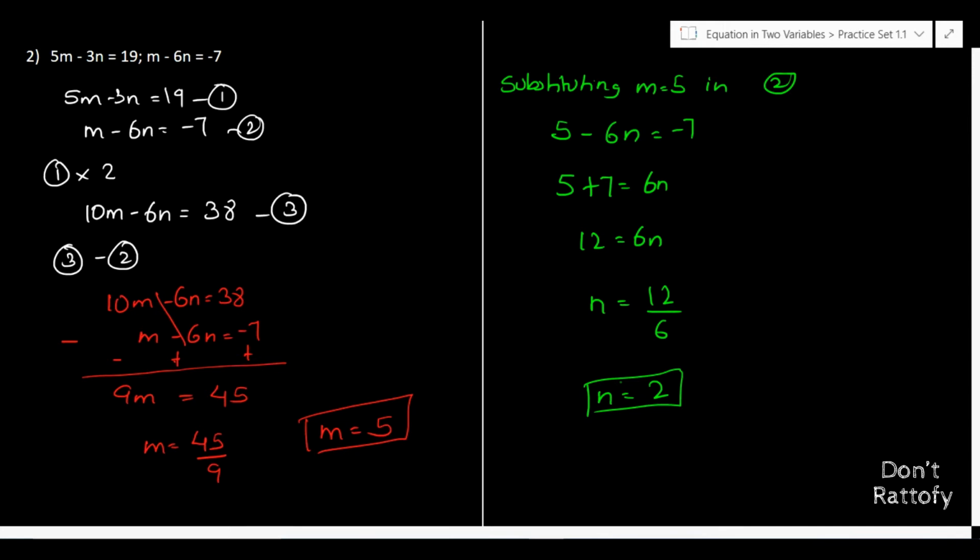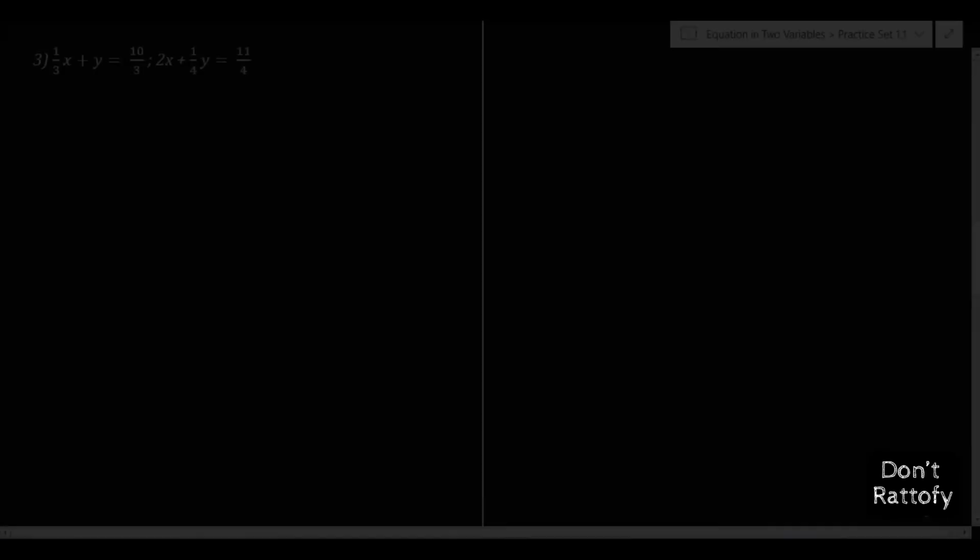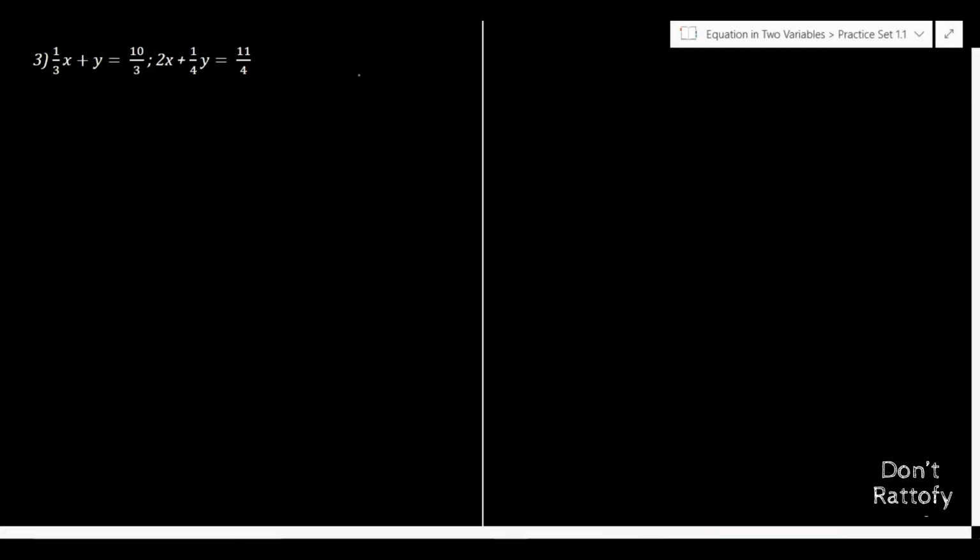Okay, moving ahead, now we are going to solve the third sum from practice set 1.1. Remember, this is not the actual third sum from your textbook, but one of the sums from practice set 1.1. I'm solving different types of sums from practice set 1.1, which are different in some way from the previously solved sums. So concentrate on the sums and let's begin.